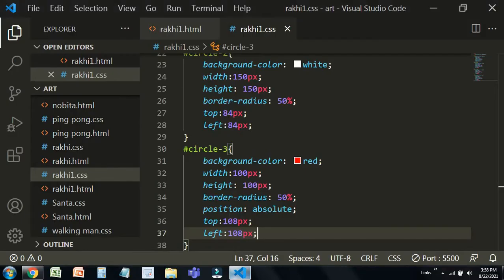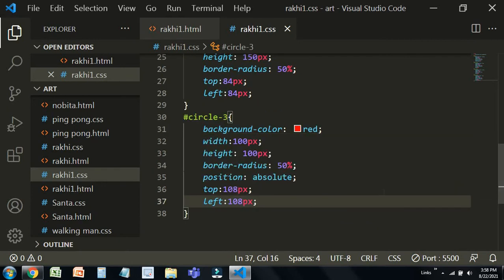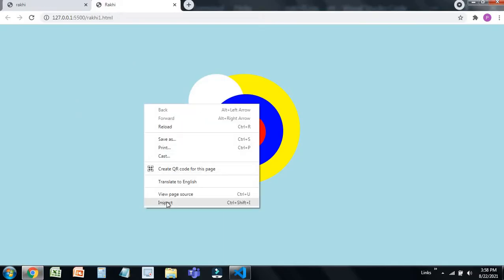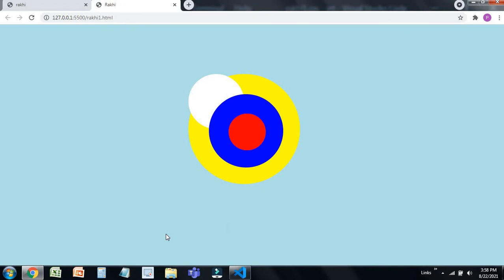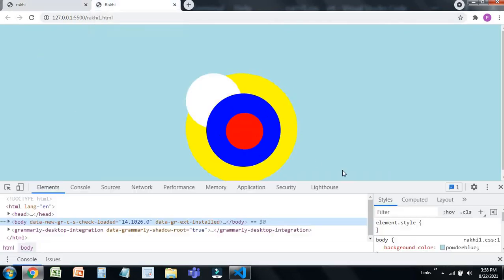And just a minute, I've not given the styling. Yeah, so this is the styling for our code, and then I'm just going to fix the white one that I've made. The white one is circle 2, it should actually come inside of this red circle.